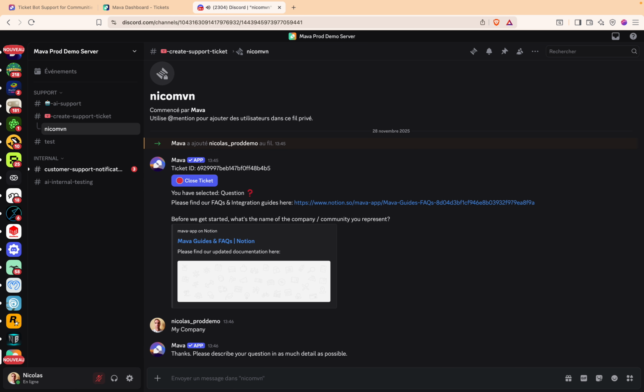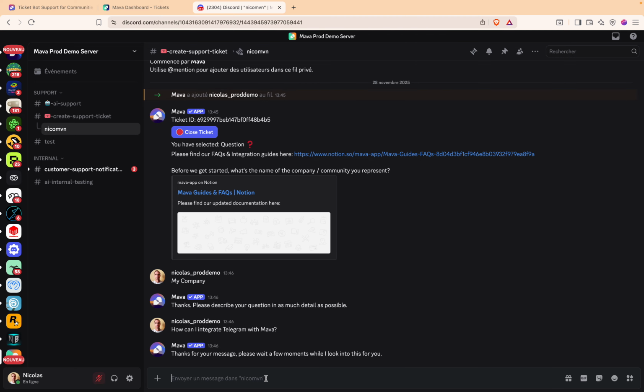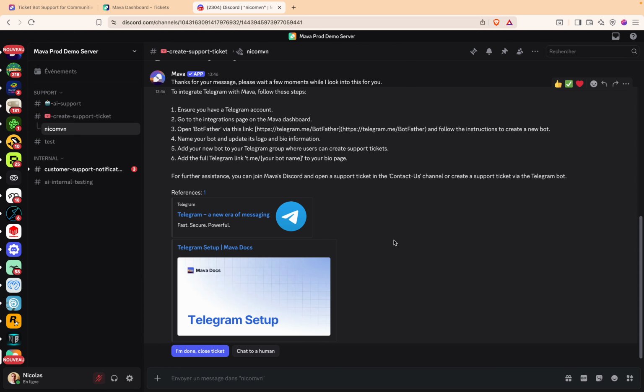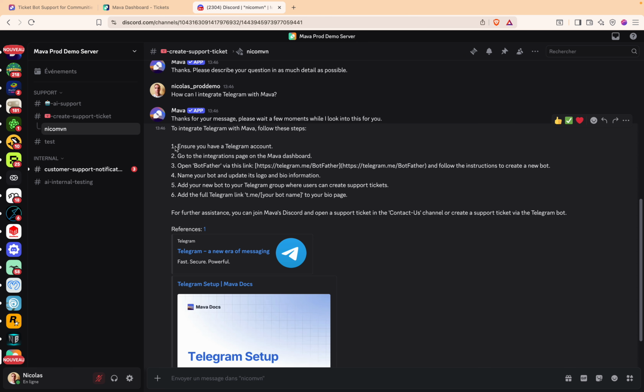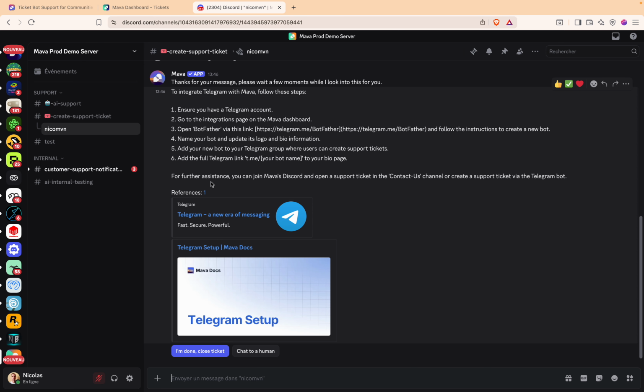I am a Mava user. I don't know how to use the product. Let's say I have a question about the Telegram integration. So how can I integrate Telegram with Mava? And you can see that AI is going to try to answer me with some valuable knowledge around my question. So here it is. So I provided a step-by-step description of how I can integrate Discord in Mava with some